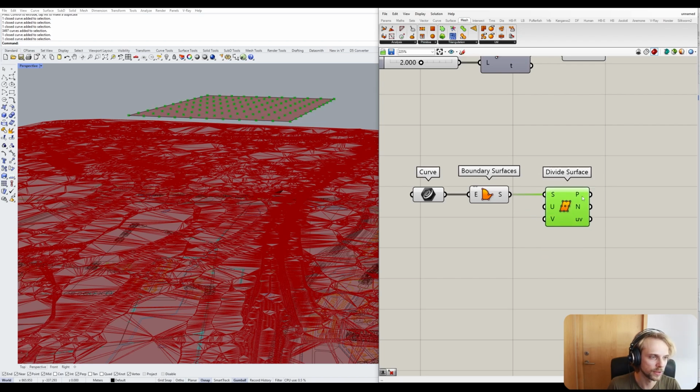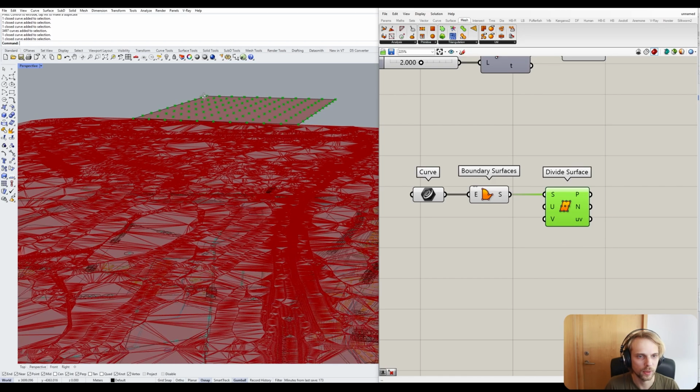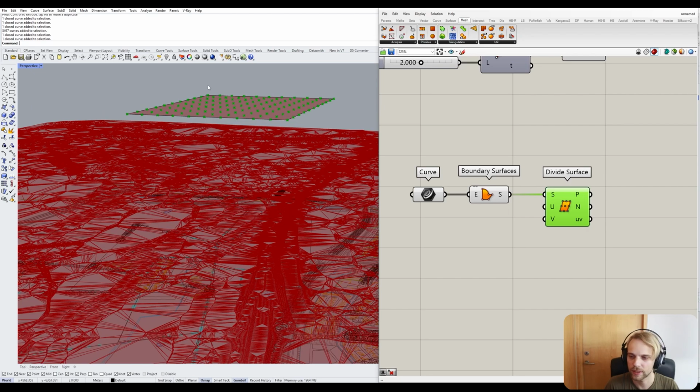So surface comes in to the surface input. Then it asks us for two more inputs, U and V. That's how many divisions you will have in the U direction and V direction. Keep in mind, UVW are local values of X, Y, Z. So you can read it as X and Y right here. So for this, I will create a slider that is going to be somewhere between, let's say, 100,